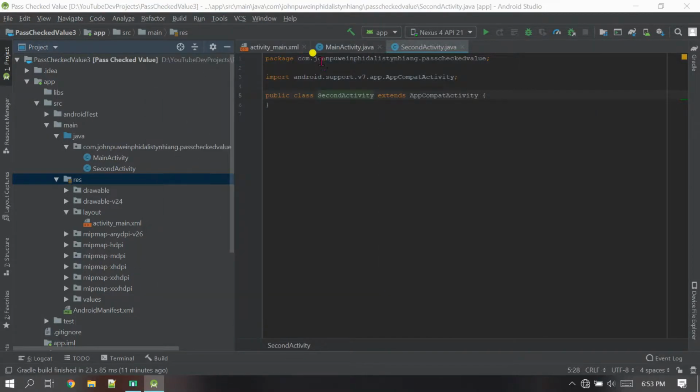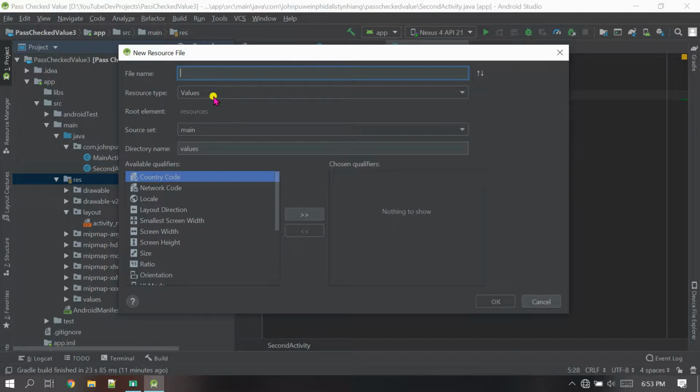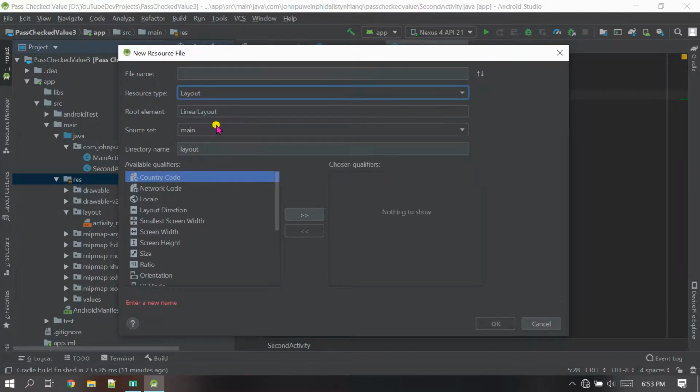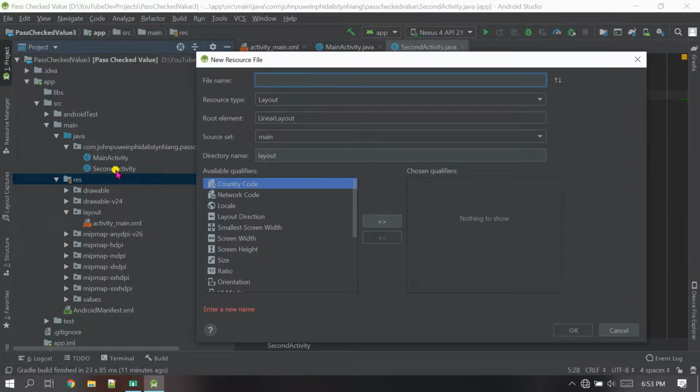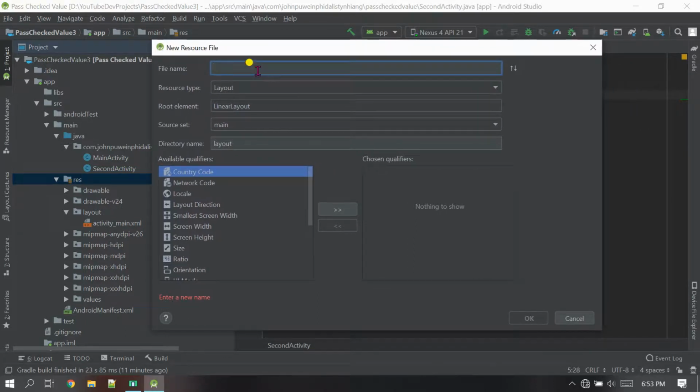Now here one pop-up will be there. Okay, in the pop-up remember the resources type will be layout. Click here. Now the root element will be linear layout, and the name for the file. Name for the file means like this. Inside the layout this is the activity name, the main. So we have to create another one, so I'm gonna name it like